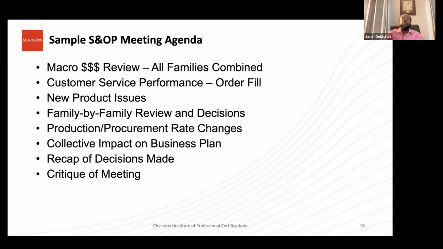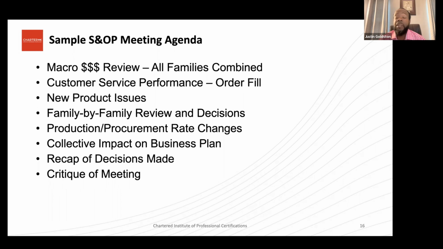And then we're also going to talk about new product issues, new products, new versions of products, new updates. For our new products, we had this forecast, which is a whole topic in itself within this certification program. And we want to see how our forecast met with our actuals from a forecasting perspective,